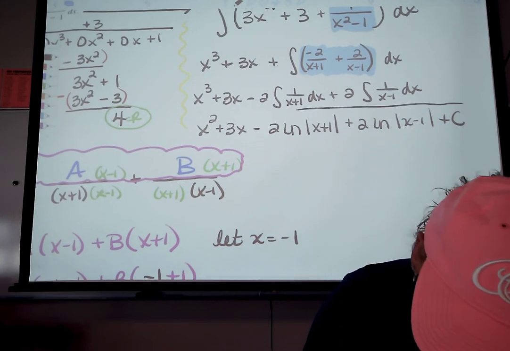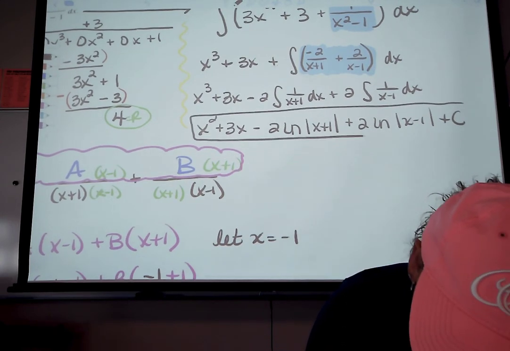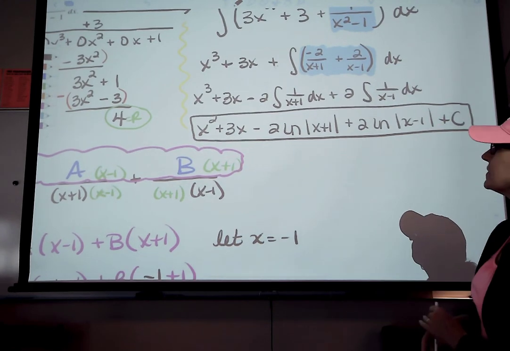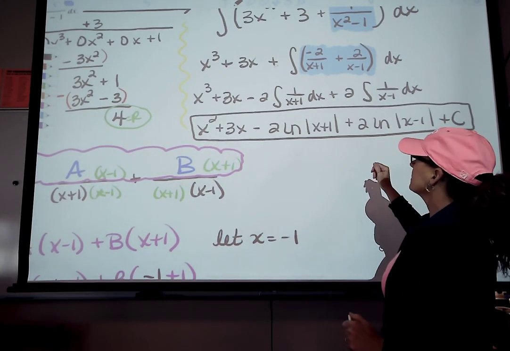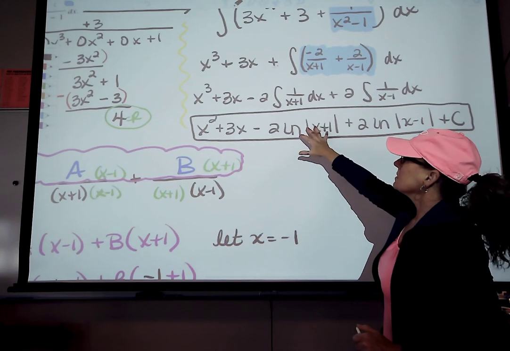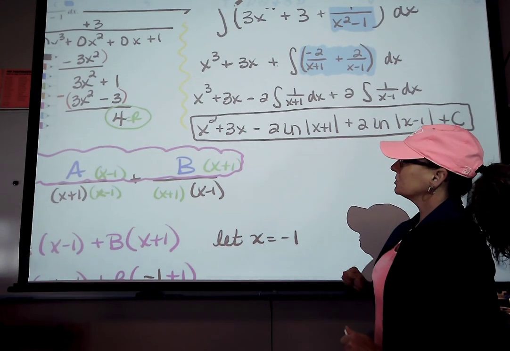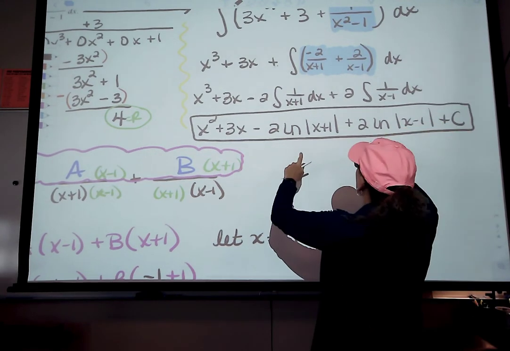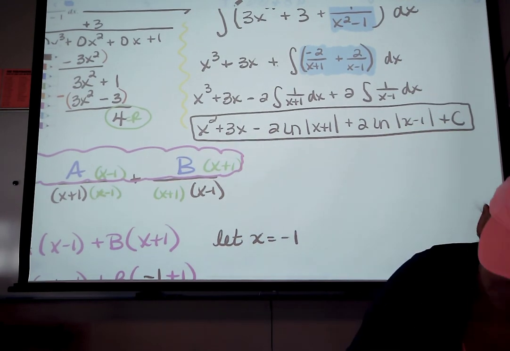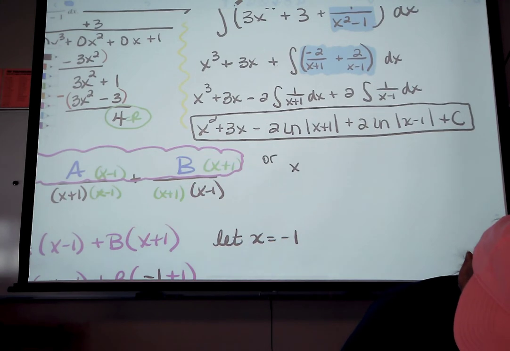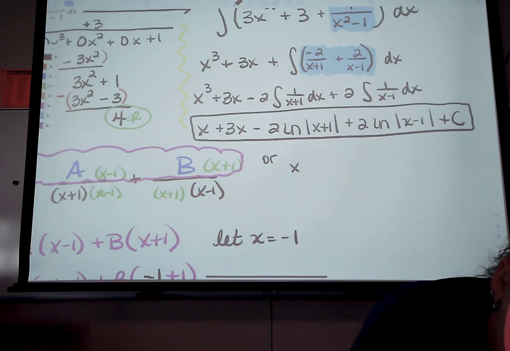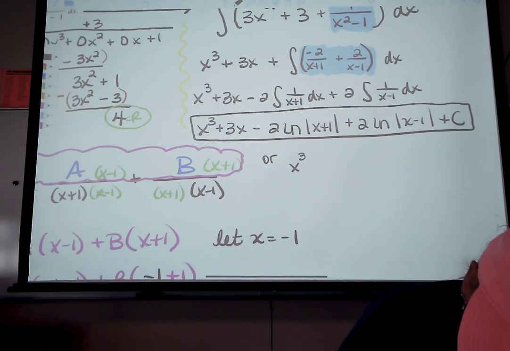And one more thing before I let you go. Another way to write this is, let's see. Do I want to show you that? I think I do want to show you that. You could pull the negative 2 out. That looks like a 2. I think it should have been a 3. x cubed plus 3x